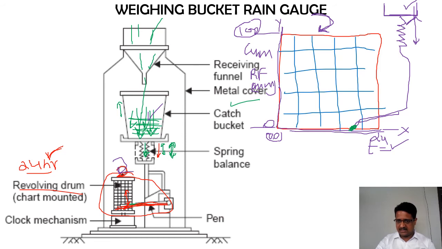Now whenever the water starts to collect in this particular tank, the collecting basin, the length of the spring is reduced because of the applied load, because of which this pen will start to rise up. So instead of the bottom, because of the spring mechanism to which it is connected, your point has been marked somewhere here. I hope you got that.